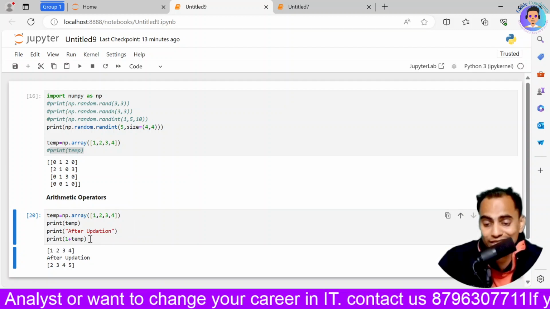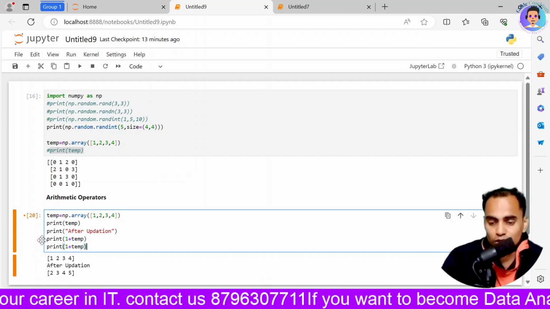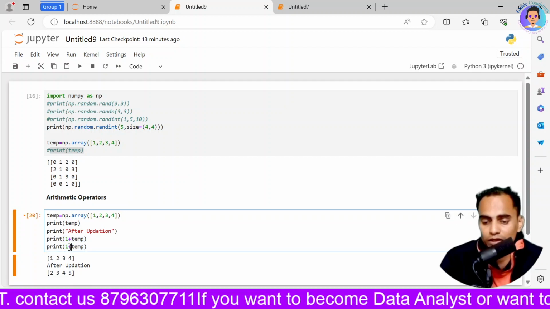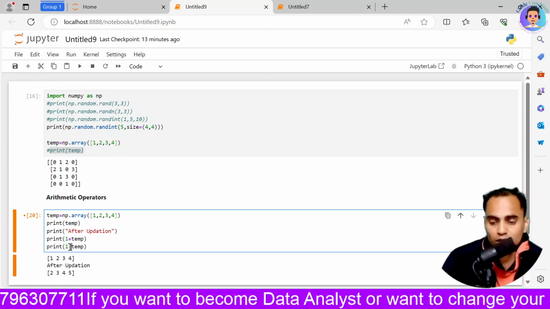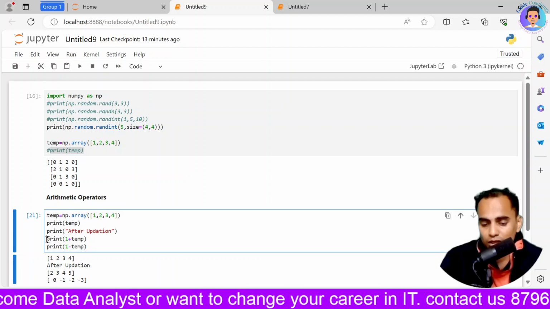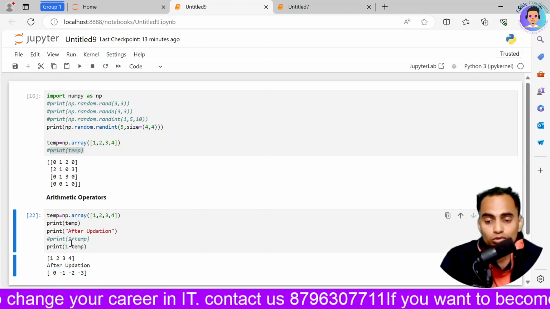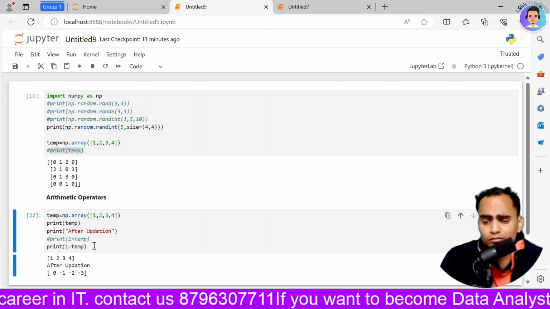Now if I want to change it, let's suppose I want to do minus 1. If I do minus 1, this is how it is going to work. I'll just comment out this part and then execute it. So this is how it is going to work. Similarly, I can do